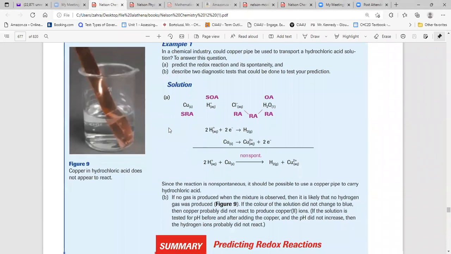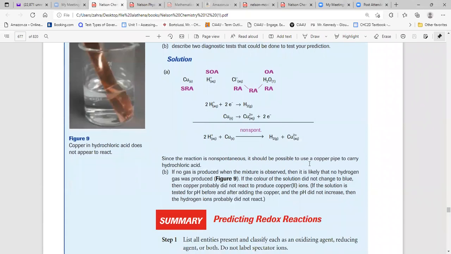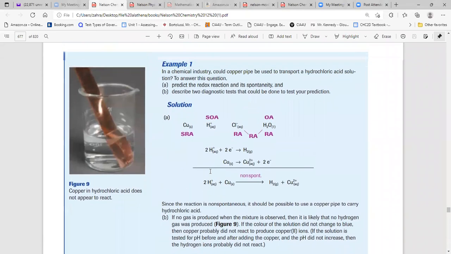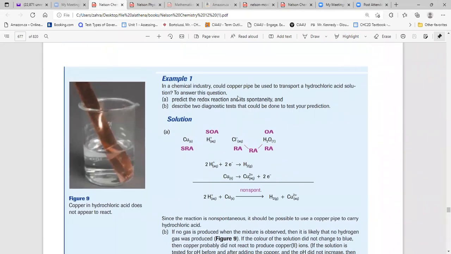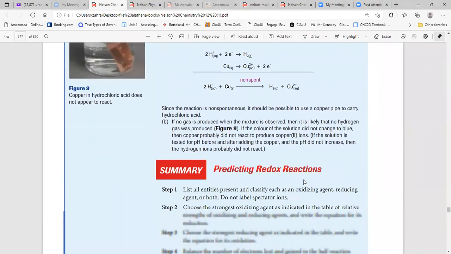What does it mean? It could be possible to use the copper pipe to carry hydrochloric acid. It means that because this reaction is not happening, the copper pipe and the hydrochloric acid will not react. So it's possible to transfer